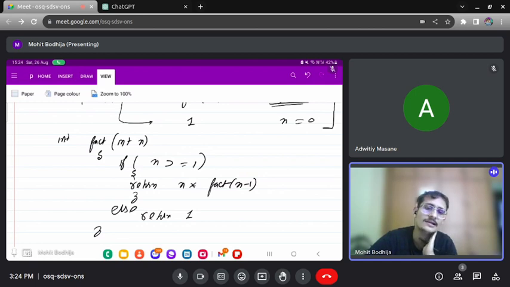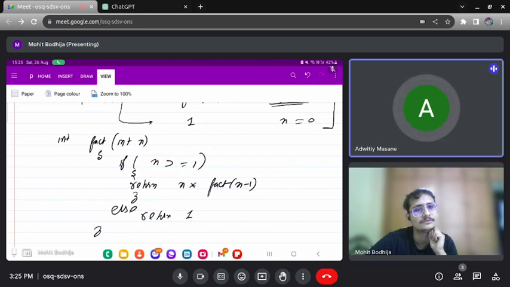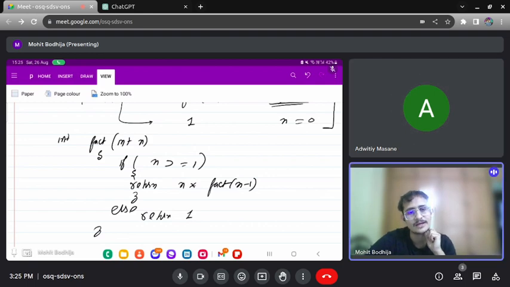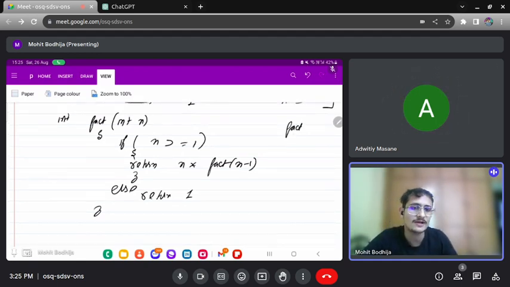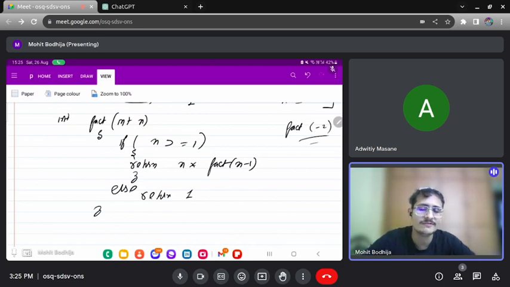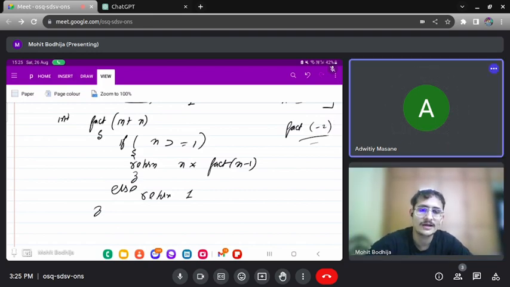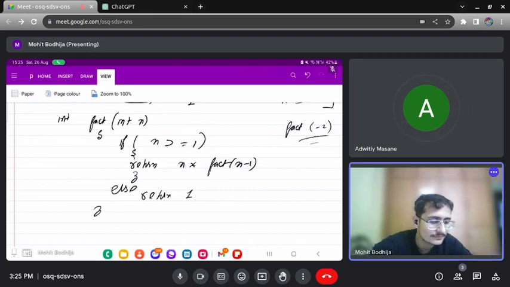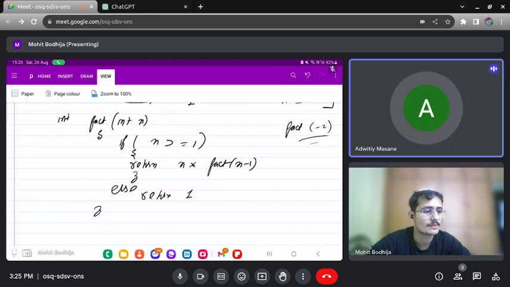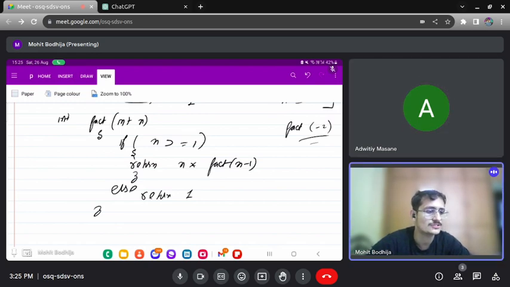क्या ये सही है या गलत है अद्विति? सर सही है. अच्छा, एक बात बताओ, अगर मैंने फैक्ट इस फंक्शन को कॉल किया, suppose if I call this function by a value -2, will it be valid or invalid? Okay, yes or no, valid or invalid? Sir, invalid. So you have to handle this situation also.